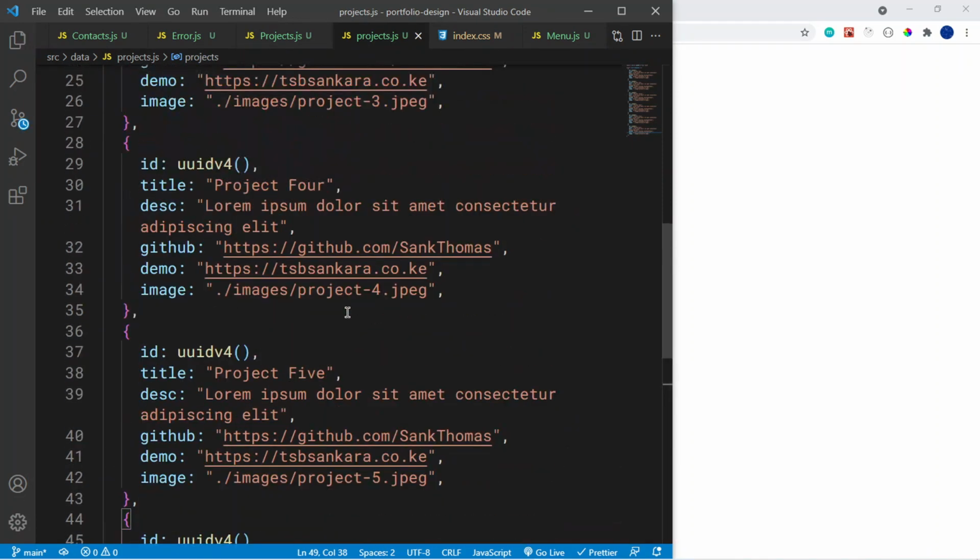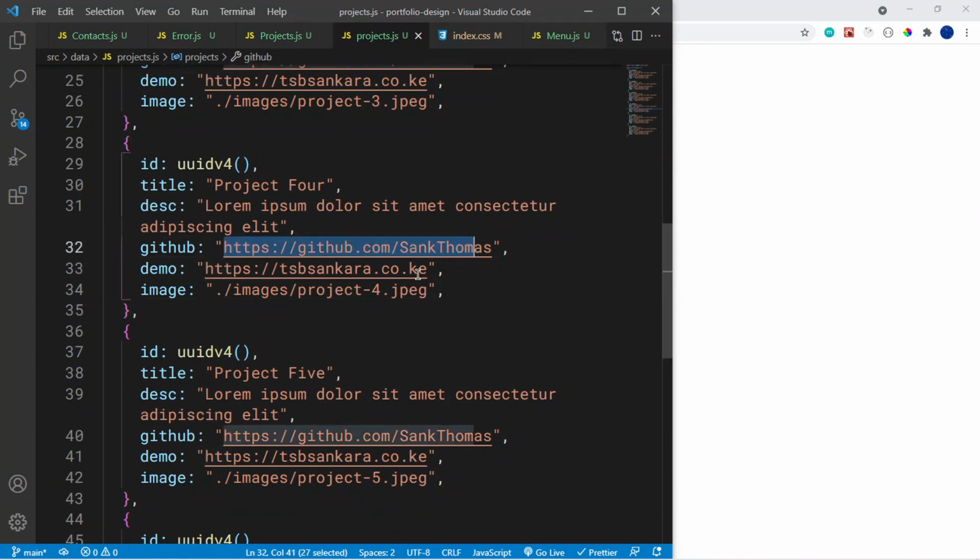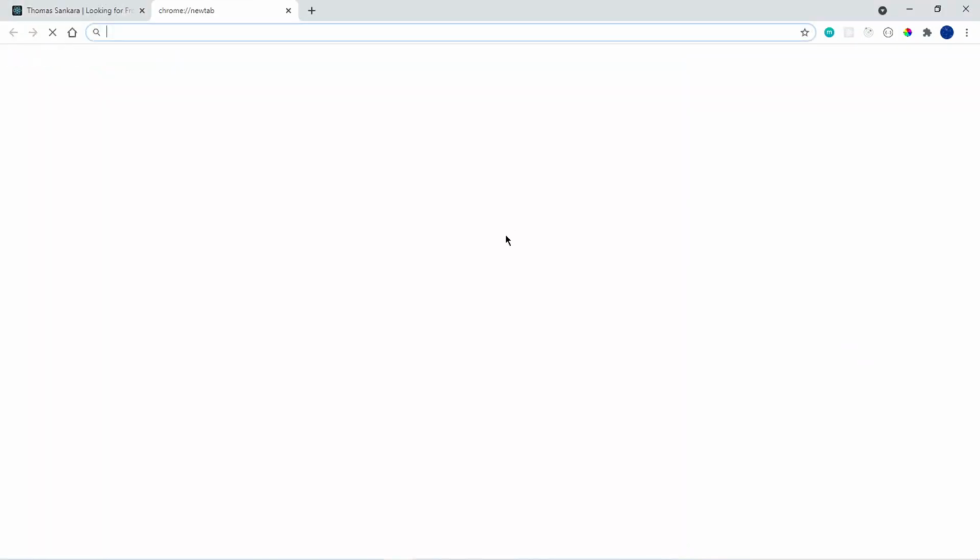Now remember that when you're actually creating your own projects, you want to link the actual GitHub repository and the actual demo website that you've placed it inside. But because this is just for showcasing, I think it's okay if you want to do this as well. Now let's head over to pexels.com,